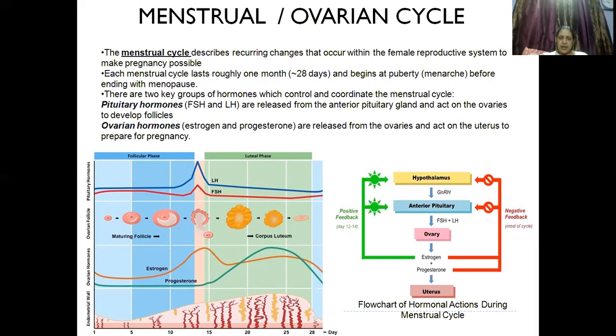Now that releasing of the egg is the ovulation day, that is the 14th day. So you could see 5 mentioned, 10 mentioned, and there is 15. Before 15, that is the 14th day. On the 14th day ovulation takes place, and for 2 days the egg remains, and then the corpus luteum which is there was supposed to stay if the pregnancy sets in, but if the pregnancy does not set in, then it forms corpus albicans, and the graph falls down.